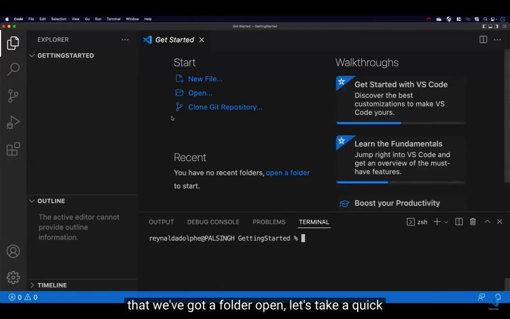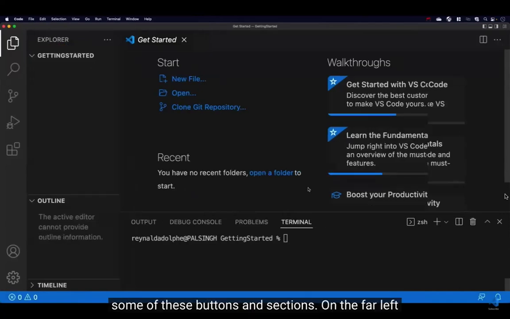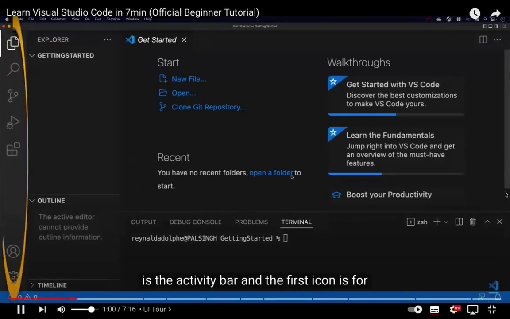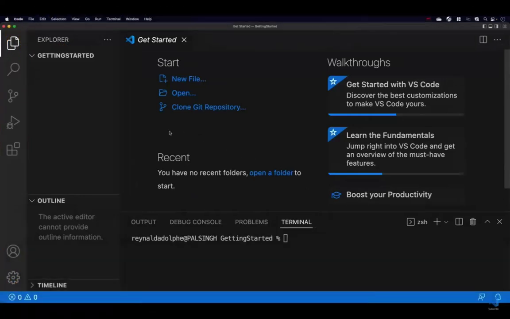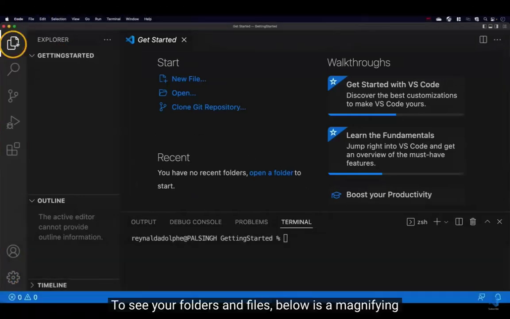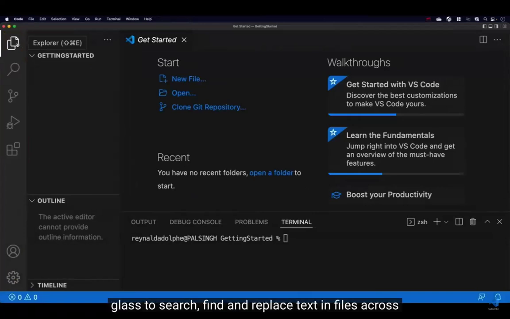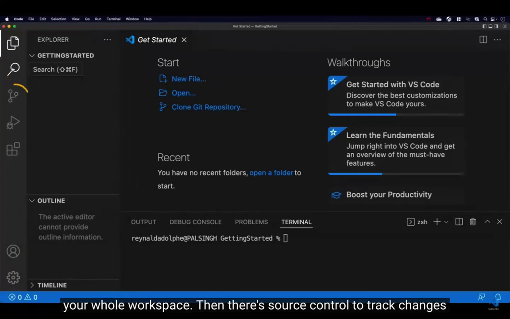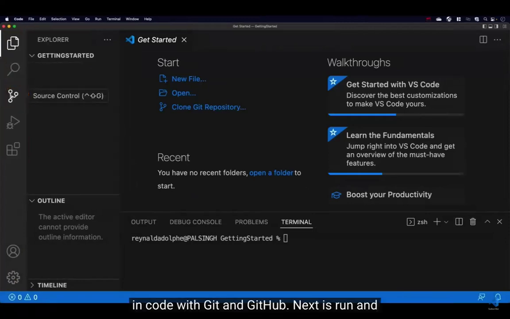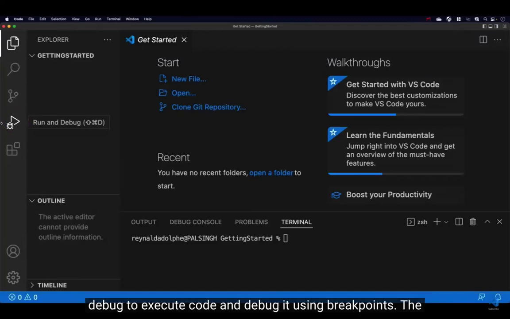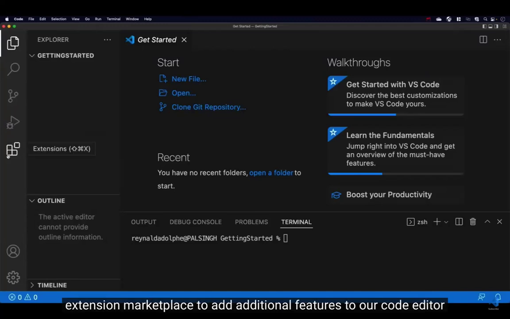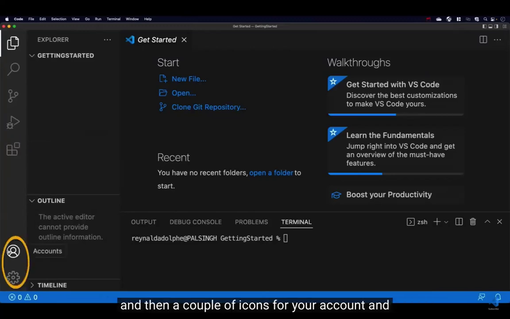Now that we've got a folder open, let's take a quick look at the editors so you know the purpose of some of these buttons and sections. On the far left is the activity bar, and the first icon is for the Explorer to see your folders and files. Below is a magnifying glass to search, find, and replace text in files across your whole workspace. Then there's source control to track changes in code with Git and GitHub. Next is run and debug to execute code and debug it using breakpoints. The extension marketplace to add additional features to our code editor, and then a couple of icons for your account